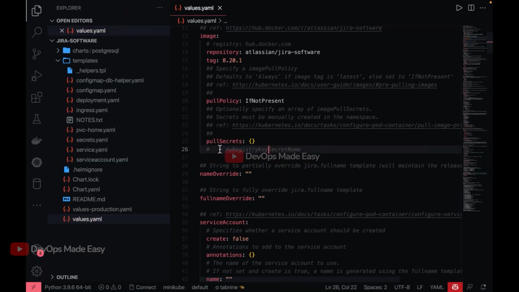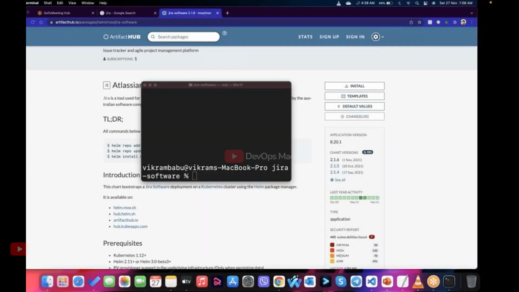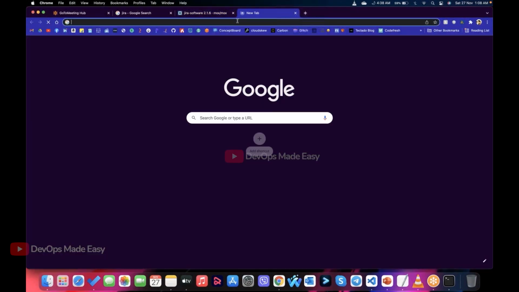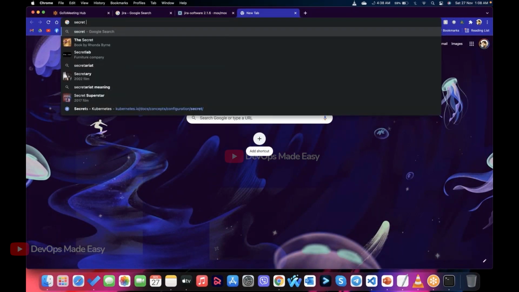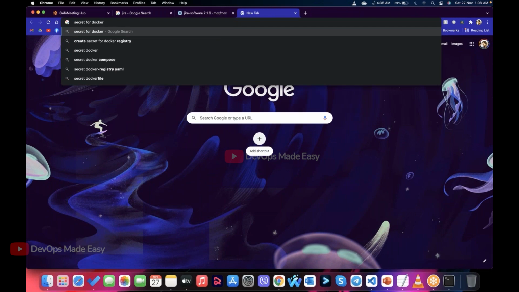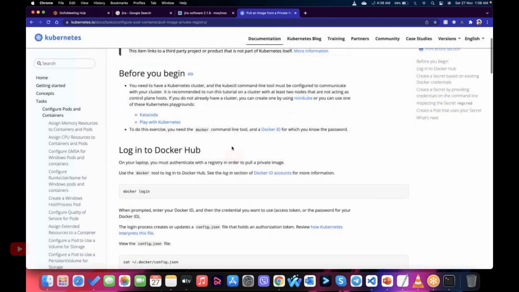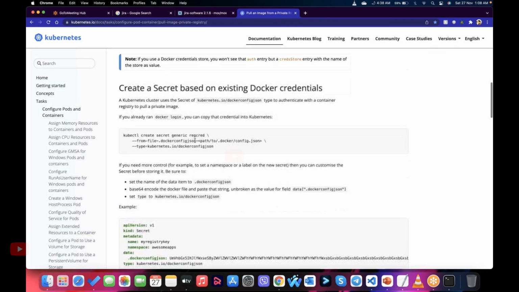In this case, we can create a secret called a Docker secret, or Docker pull secret. You can just go to the web and search for secret for Docker registry, and then you can select this. You can go to pull an image from a private registry.